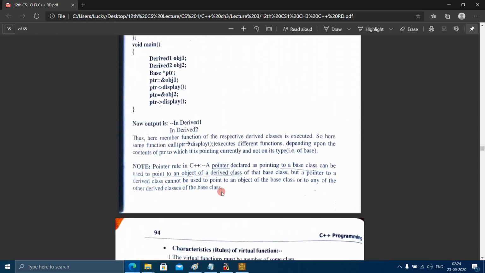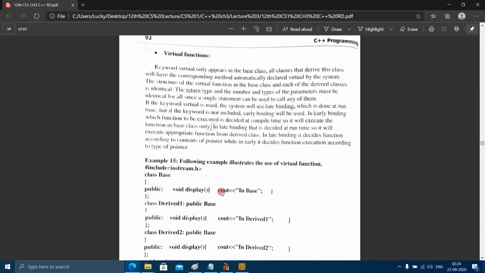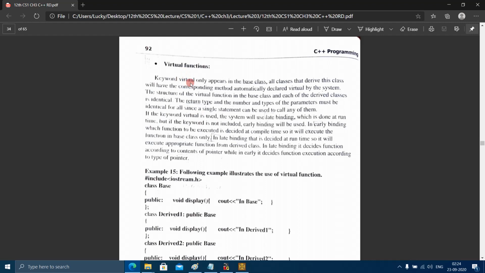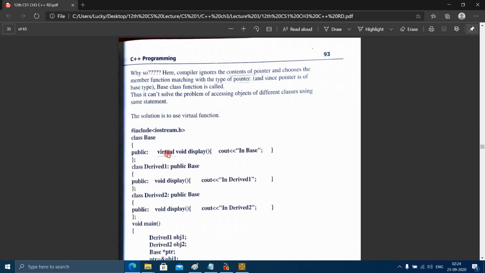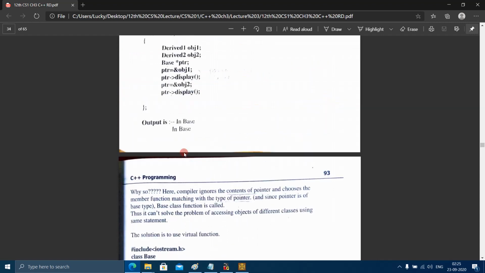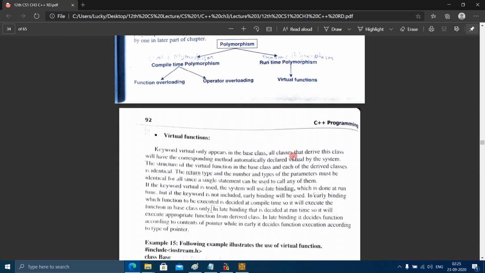So let us see what is written in the theory here. Keyword virtual only appears in the base class. Here we can see the keyword virtual appeared only in the base class, nowhere else. All classes that derive this class will have the corresponding method automatically declared virtual by the system.